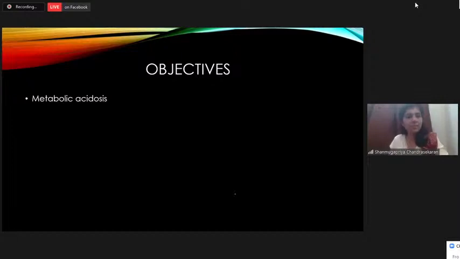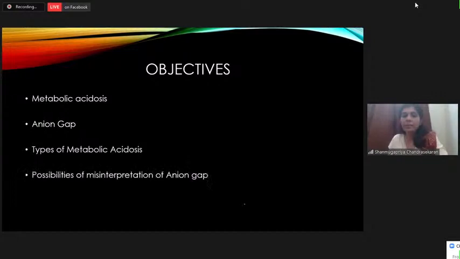So are we done with all these objectives? We have defined what is acidosis, we have defined what is anion gap. Based on anion gap, we have seen how to find out the type of metabolic acidosis the person is suffering from, based on which I told you how to find out the possible causes. And if it's high anion gap metabolic acidosis, you have to calculate the delta-delta ratio. I also told you about possibilities of misinterpretations of anion gap. Now, for you to get more confidence, I caught hold of one of the ABG reports from our lab, which will tell you the significance of all the facts we learned so far.